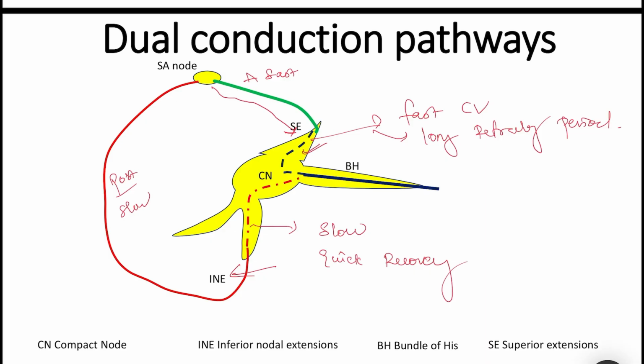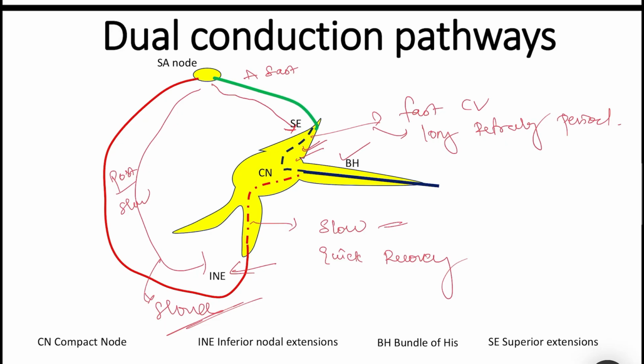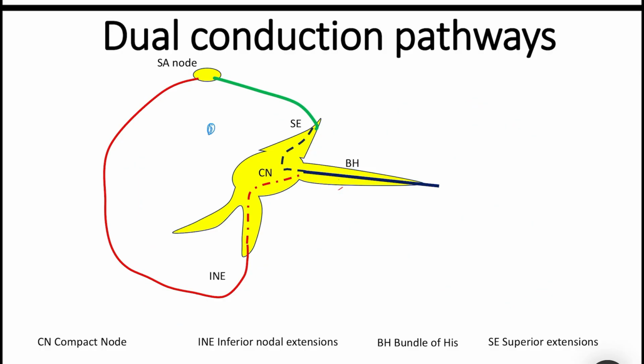The slower posterior impulses arrive late through the slower pathway, entering the node when most of the AV node and the His bundle system has already been activated. This renders the slow pathway impulse redundant, with both impulses converging and terminating within the node, while the His bundle conducts to the ventricles. In AVNRT, the dual nodal physiology alone is insufficient.